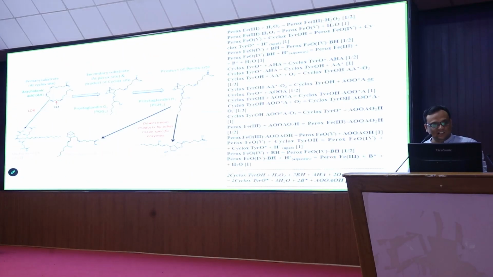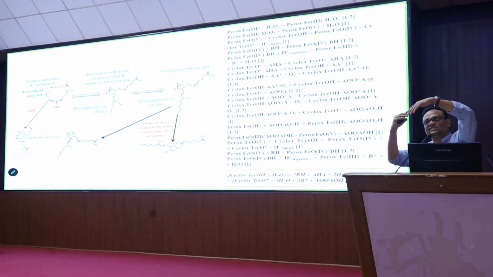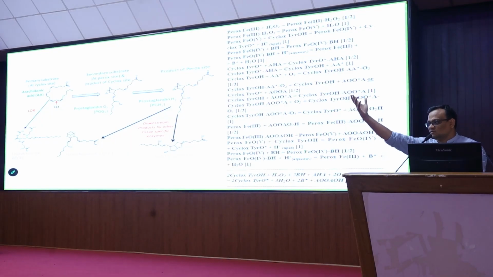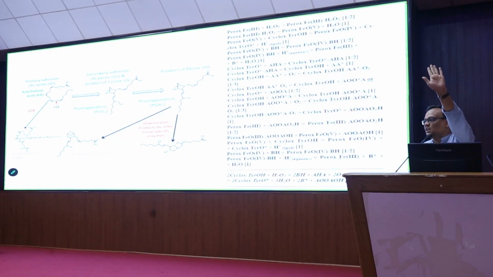So, what does cyclooxygenase do? It takes arachidonic acid in 2 steps, in 2 different active sites. Cyclooxygenase has 2 different active sites. One is called the peroxidase site and the other one is called the cyclooxygenase site. Both of them are facing opposite to each other. The cyclooxygenase site is into the membrane. The peroxidase site is on the opposite side, away from the membrane and exposed to the solvent. So now you have interfacial chemistry here because membrane is there, solvent is there,